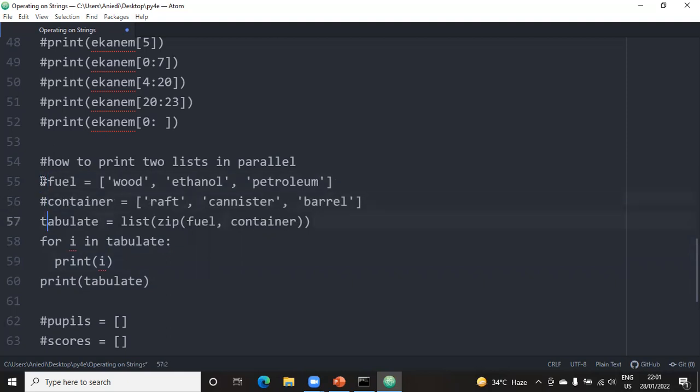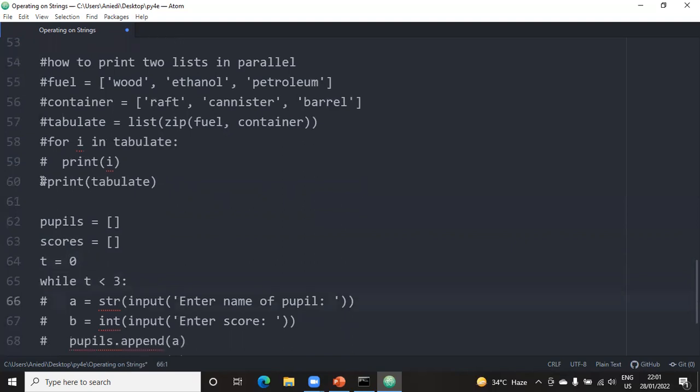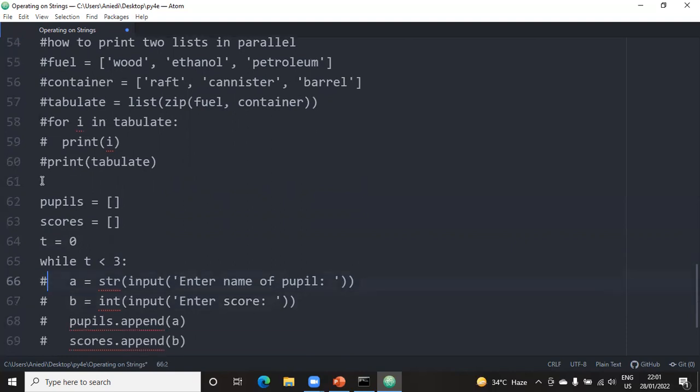So this is a very beautiful language. It's called Python. A very robust, a very fine language. You can just craft so many things out of it. So now let's look at that. We want to create pupils and scores. Supposing you have a list, let's say I say y is less than 3, you can increase it to 5. Supposing you have 5 people in a class and you want to record their scores,